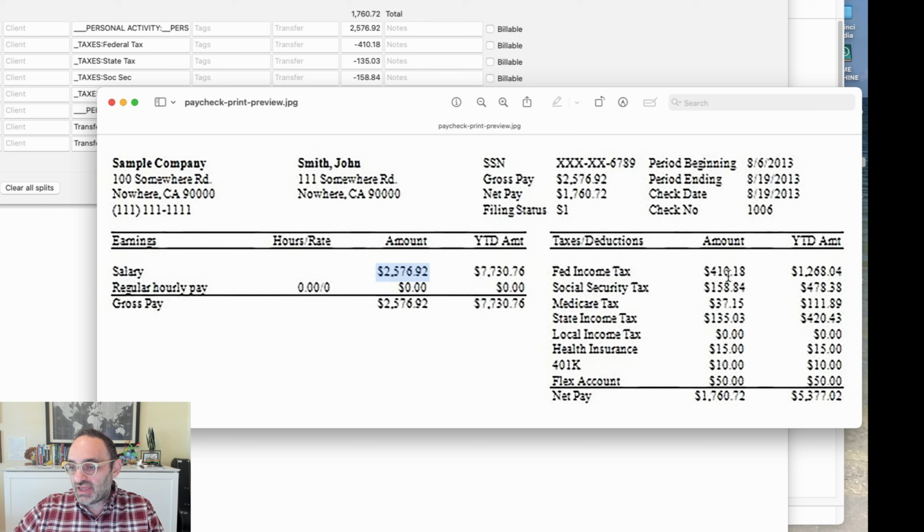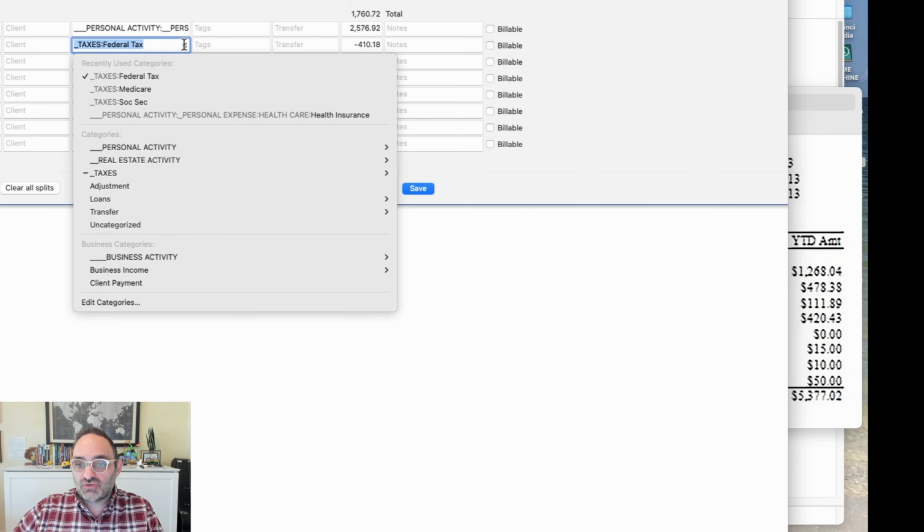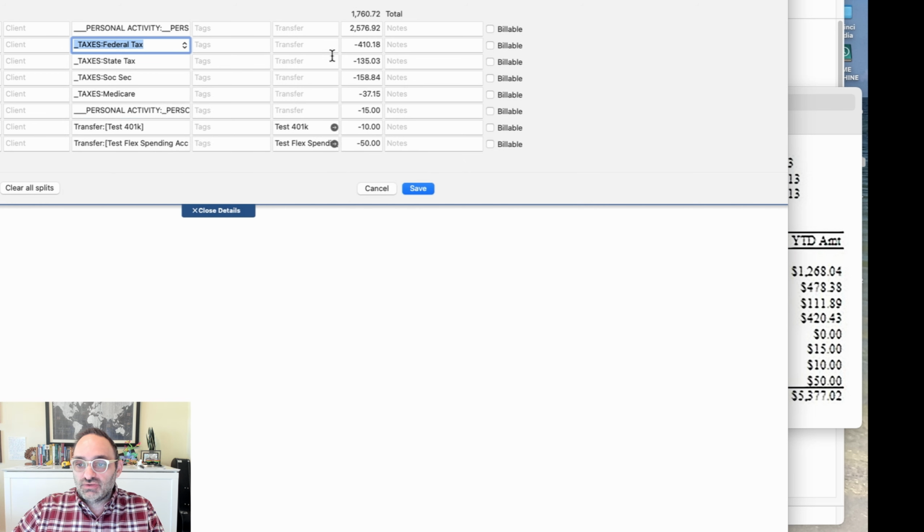so we got federal tax 410, Social Security, and so on, state income tax, and you notice here I have categories for all those things. I have an area called taxes, and I have my fed, state, local, and all my stuff. So now I have captured the detail of what's happening there. Then also this